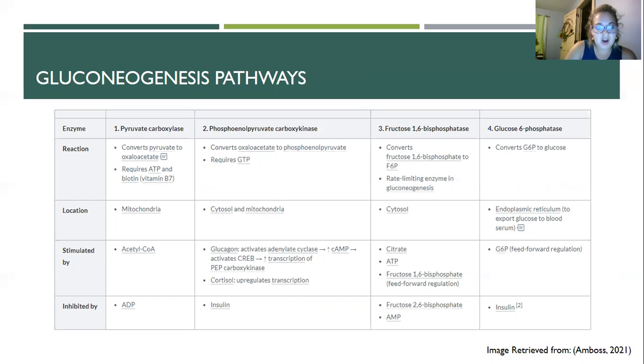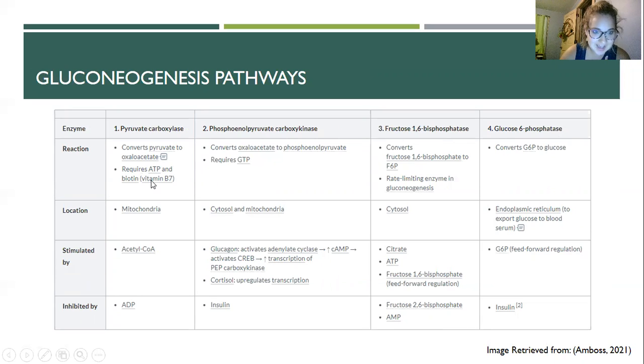If we're looking at this chart, I love charts for learning. So I really encourage you guys to include these in your notes because they are a great learning tool. We will do some additional information with these in later lessons, piecing those informational puzzle pieces together. If you're looking at the enzymes, you have your pyruvate carboxylase. Again, all of our enzymes end in ase. So that's our first step. The reaction is shown. It converts pyruvate